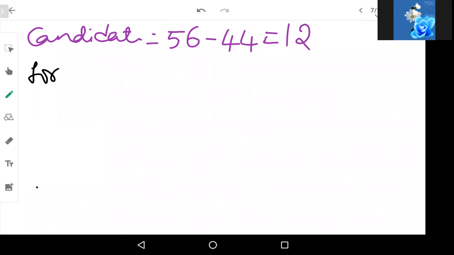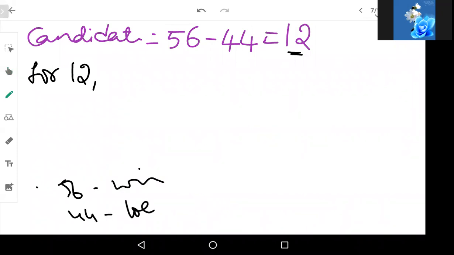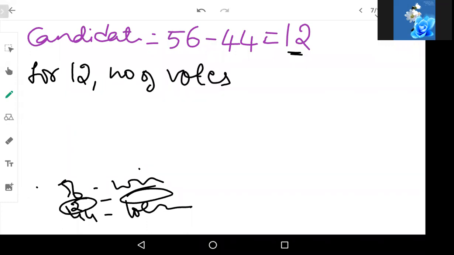For this difference of 12 people: if they get 56, they are winning. If they get 44, they are losing. Correct? So in between, there are 12 people which come to a different category. So for the 12 people, number of votes will be